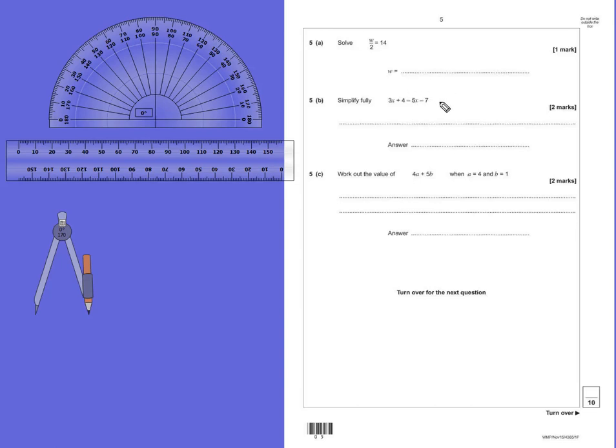Question 5a. Solve w divided by 2 equals 14. Now, in this situation, we need to find out what w is. So, w is a number that we don't know, but when divided by 2 it equals 14. I would suggest we use a little bit of inverse operations here. Let's do the opposite to w that had happened to it in the first place to find out what it